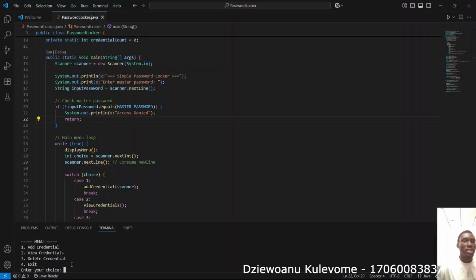Once the user gets access, the program enters a continuous loop. That means it keeps running, waiting for the user to choose something from the menu. The menu is add credential, view credentials, delete credential, and exit. The program reads their input using the Scanner tool and runs a switch statement based on what number the user types. So if they type 1,